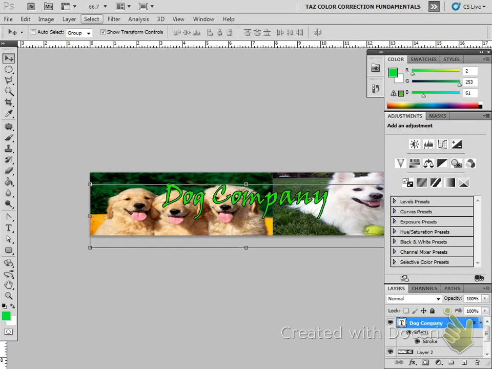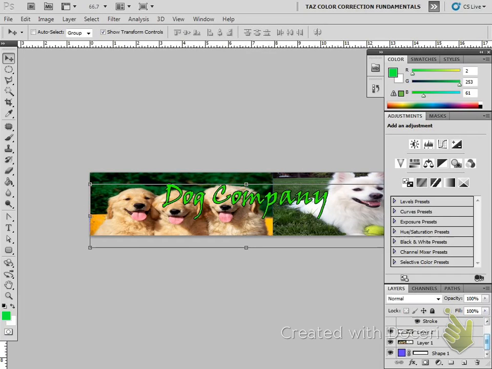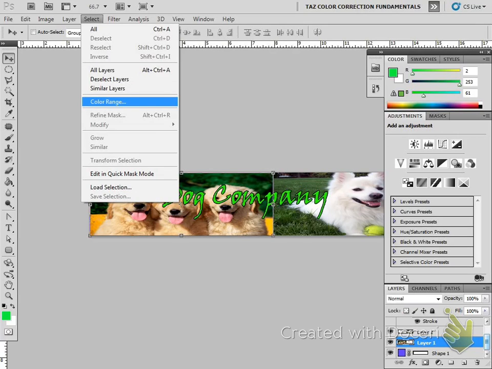If you want to select a certain type of color too, say you have an image that you want to put in your banner, but you only want a certain part of that image, first you want to always make sure the actual layer of that image is selected. So say I wanted part of these dogs. I could always go to select, color range,